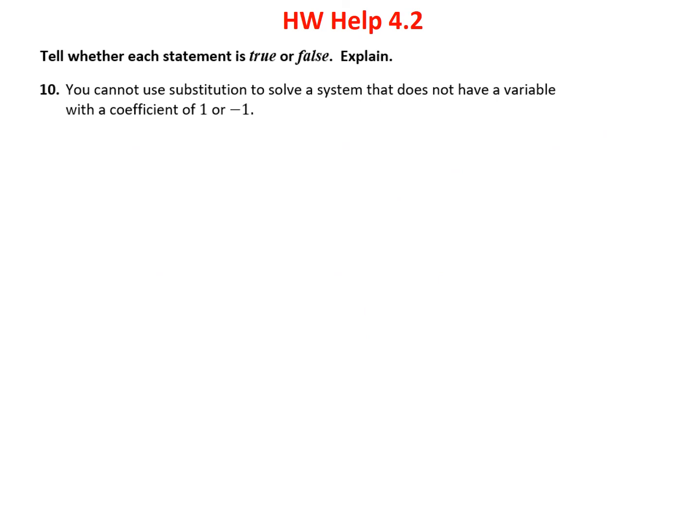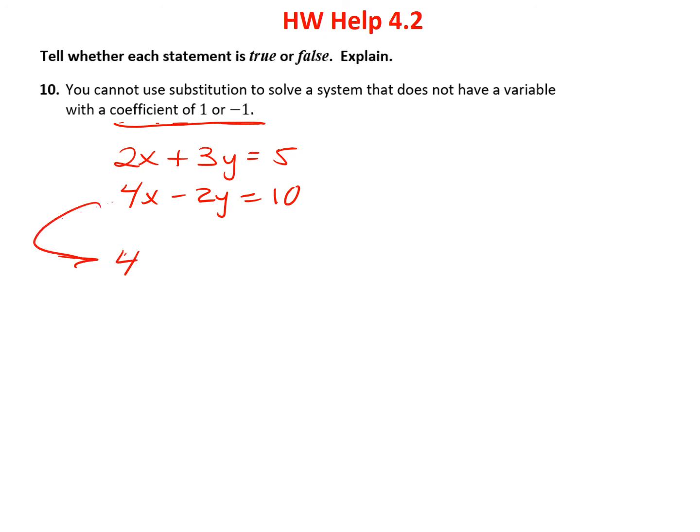Problem 10 asks whether it's true or false. You cannot use substitution to solve a system that does not have a variable with a coefficient of 1 or negative 1. That's absolutely untrue. Let me show you an example. If I had this equals 5 and let's say 4x minus 2y equals 10, I could decide any one of these to solve for. For example, if I took this and decided to solve it for x, it's true that when I move the y over here,